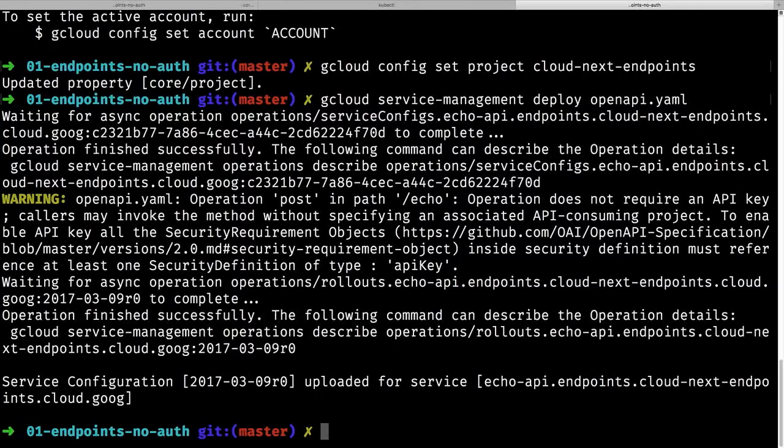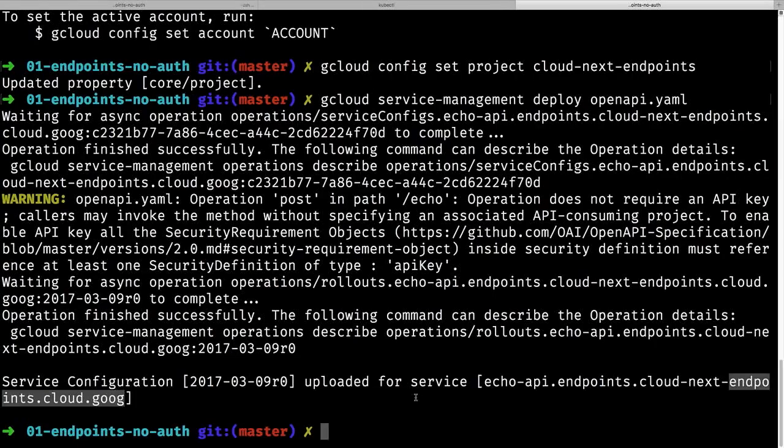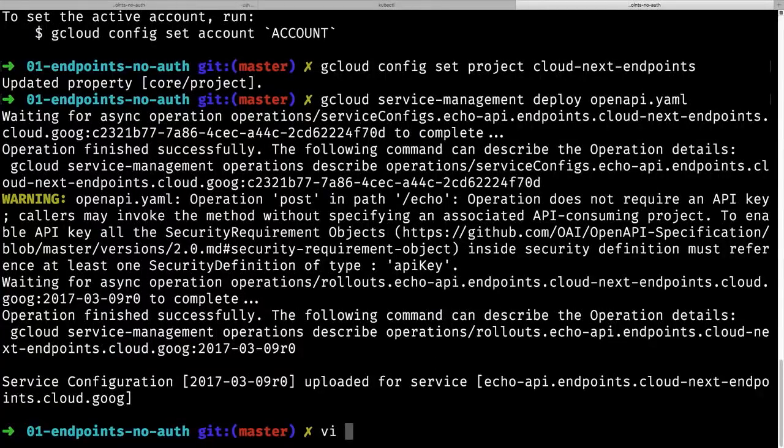We're ready to continue. There's two pieces of information that we care about in here. We get this version here, the API version. And also we get the echo API endpoints, cloud next endpoints cloud.gug. That is the endpoints, your API name, your API ID, which is unique to you. You can see it's unique because cloud.gug is not unique, but this is the project name. Cloud next endpoints is your project name, so no one else other than you has access to this. Cool. So now what I'm going to do is edit my